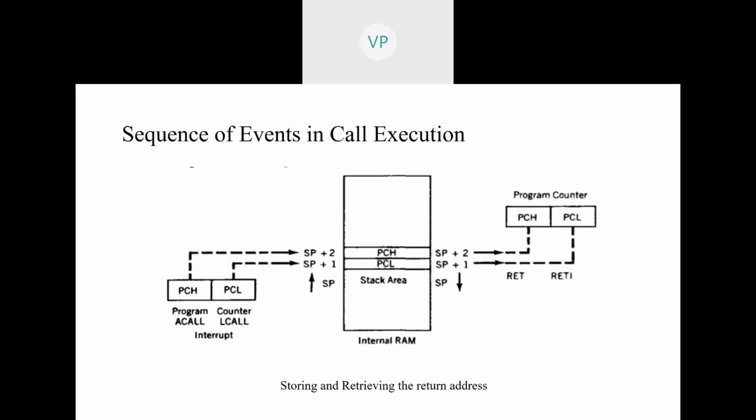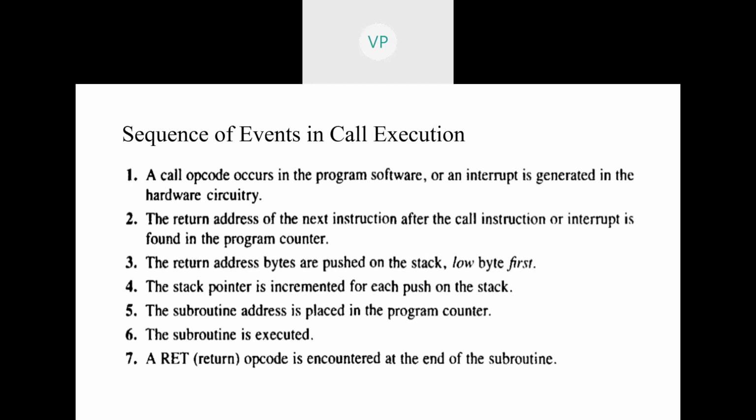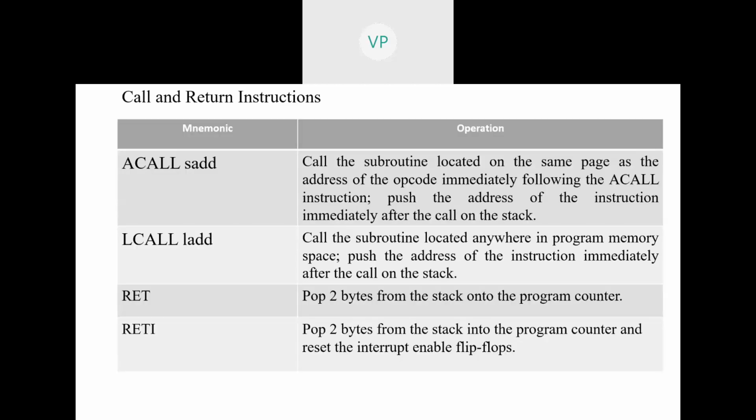Now the PC is holding the address where the processor has to start executing in the main program, right? And these are the steps which take place after the call execution. I've just summarized the same things I explained through the diagram. This is about the call instruction and some of the mnemonics we have in the 8051 instruction set for call